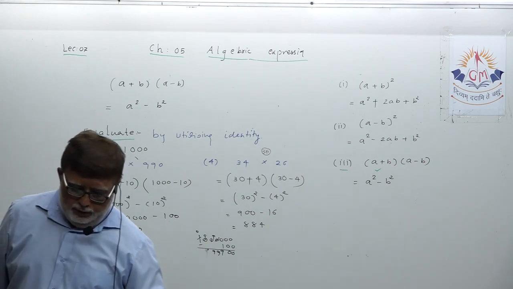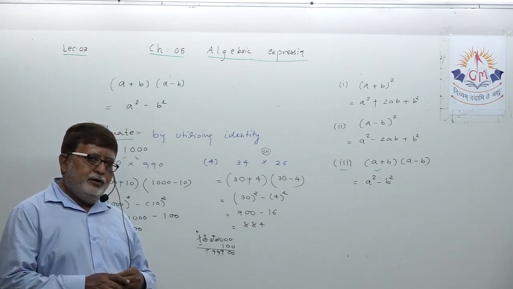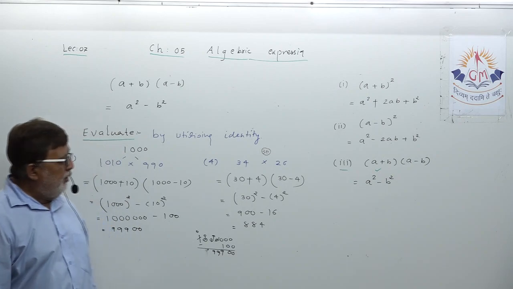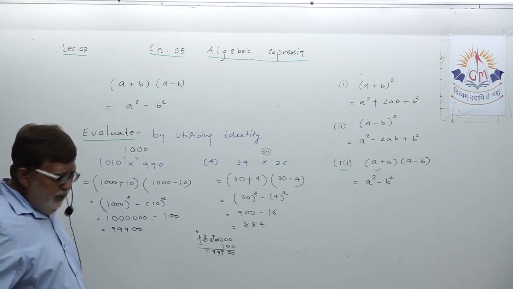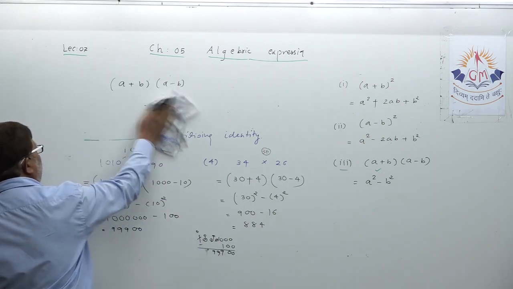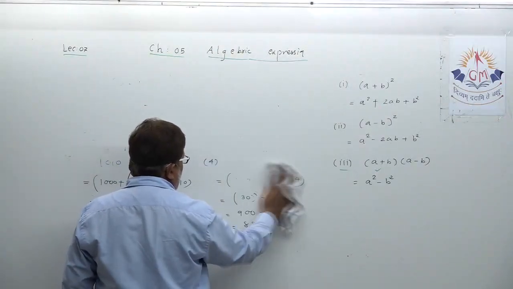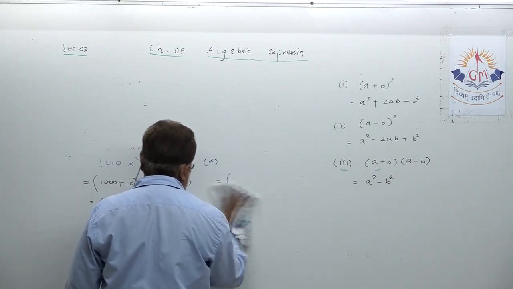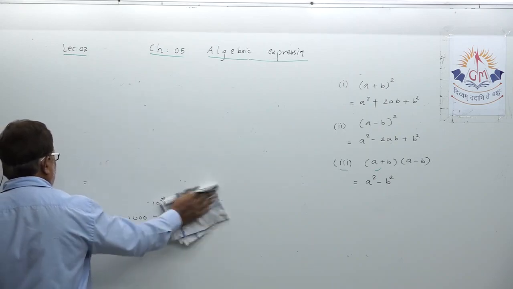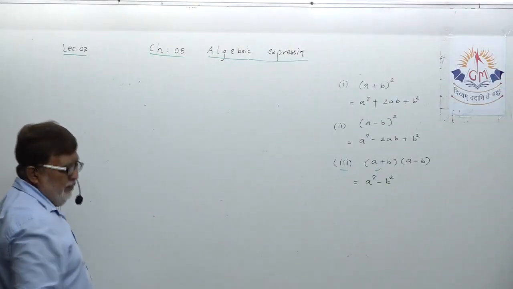Okay. So today we have practiced one particular identity. That's the identity of A plus B into A minus B. Understand? What is the identity? A plus B into A minus B equal to A square minus B square. Now, dear student, today we have practiced one identity. Okay, so homework for this particular identity is, I am writing it here.